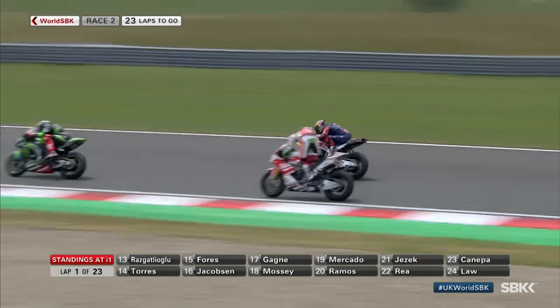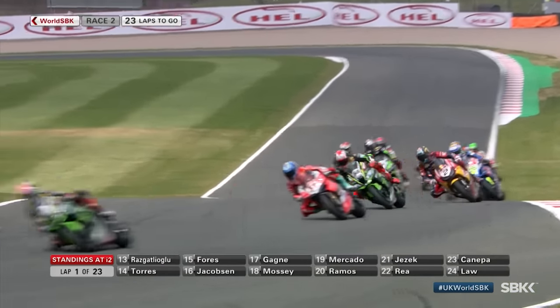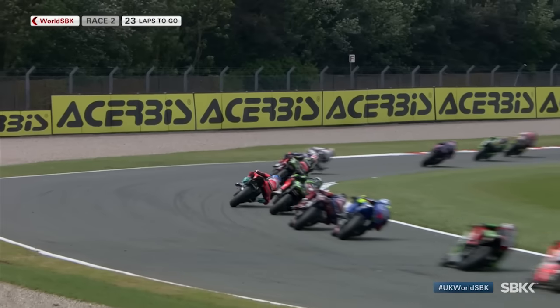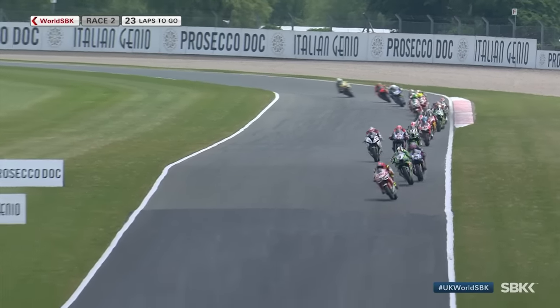Big moment there for Eugene Laverty through McLean's. He looks over as well at the retaining field going through, so we could have a problem here for Eugene Laverty. Only on the opening lap, that front row start going to waste for the Irishman. He'll be disappointed with that result, and the challenge for the lead is going to be very interesting going down